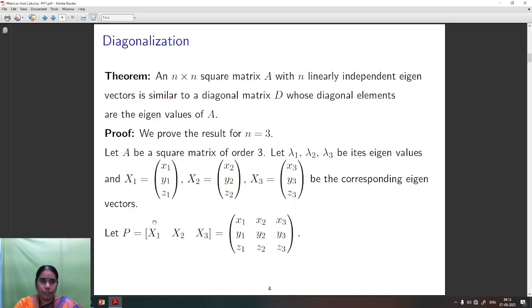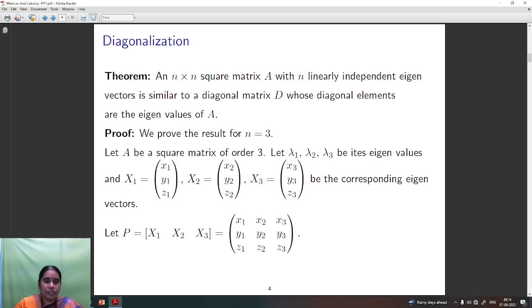Next, the definition of diagonalization. For diagonalization, let us go through one theorem. Let us consider a square matrix A of order n by n with n linearly independent eigenvectors. Then A is similar to a diagonal matrix D whose diagonal elements are nothing but the eigenvalues of the given matrix A. That means a square matrix A having n linearly independent eigenvectors is similar to a diagonal matrix having the eigenvalues as its diagonal elements. We will prove the theorem by considering